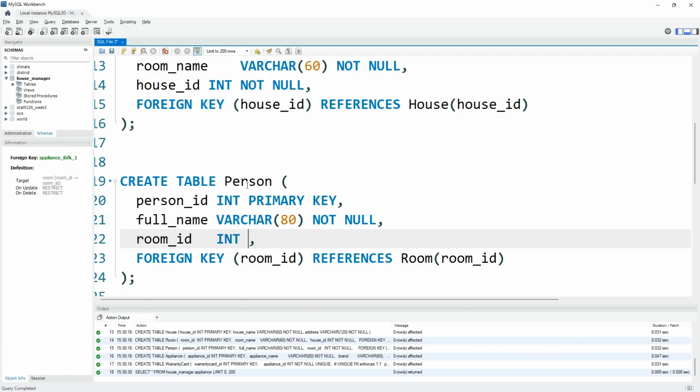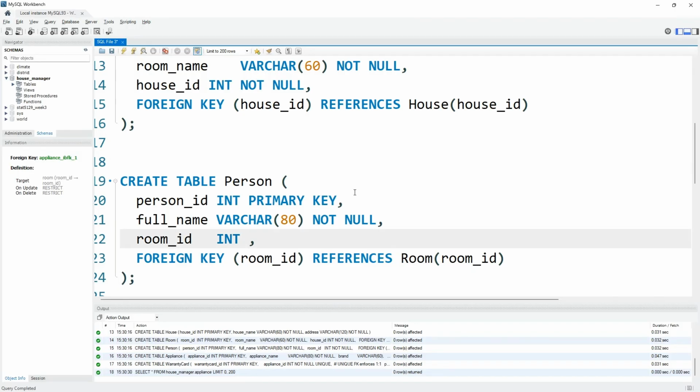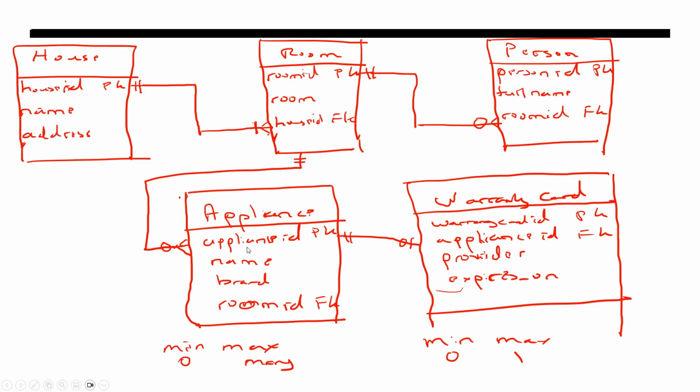If you did not include that here, then this would have allowed the possibility of zero. But in that particular example, it enforces a person to have a room. So there should be a minimum of one person in a room